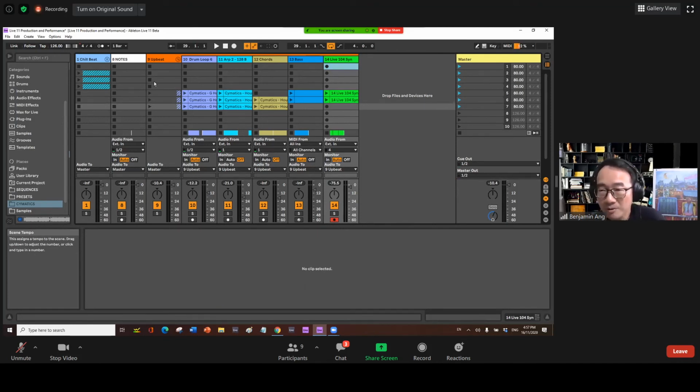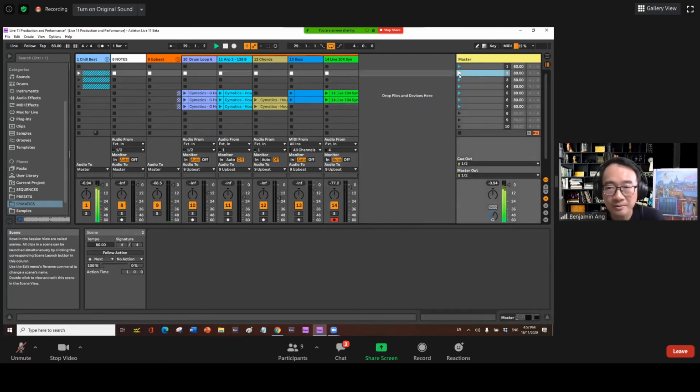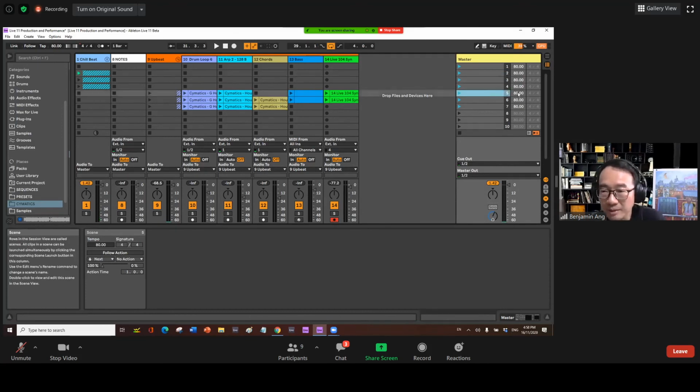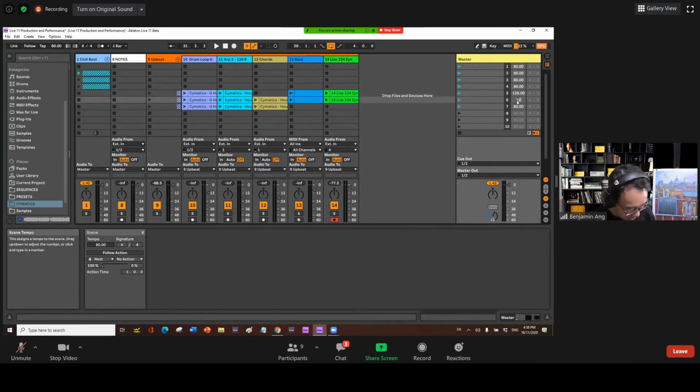The tempo here is actually 80 BPM, which is the BPM of the chill beat. But for this one, if I'm in a gig, I want to be able to jump straight away to 126 without having to mess around with the tempo mapping,